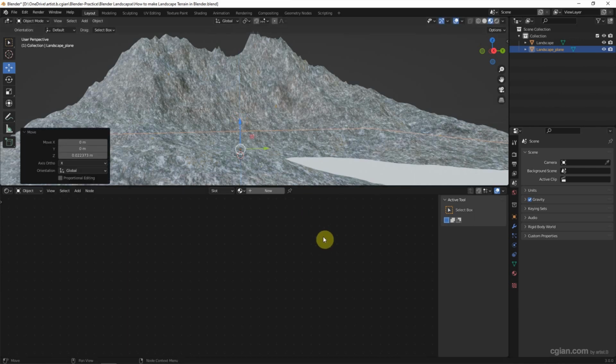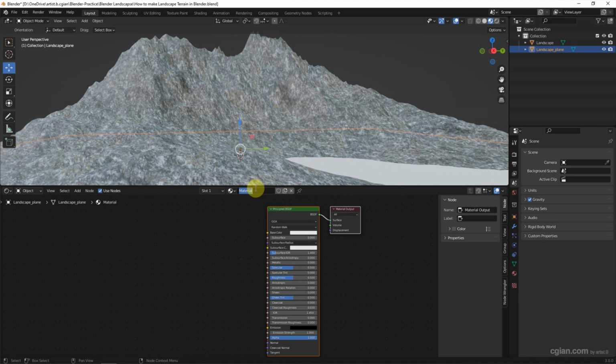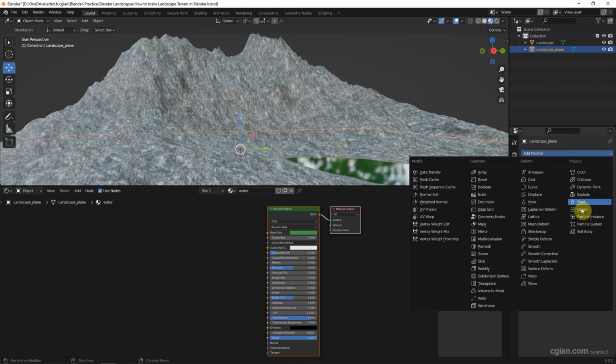This is the water, and then we can add the water material. I call it water, and change to a green color. And then change the roughness to 0 to make it shiny. Transmission to 0.8 to make it transparent, and then it's quite flat, so we can add the ocean modifier